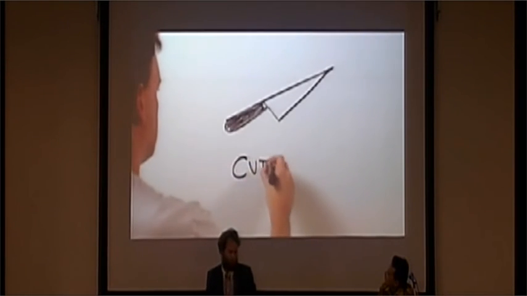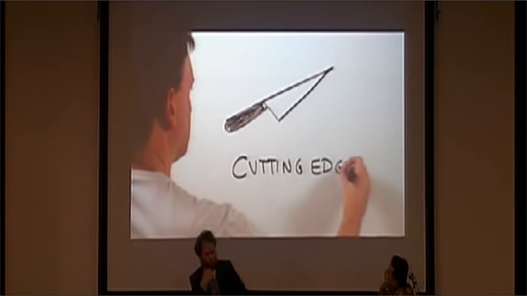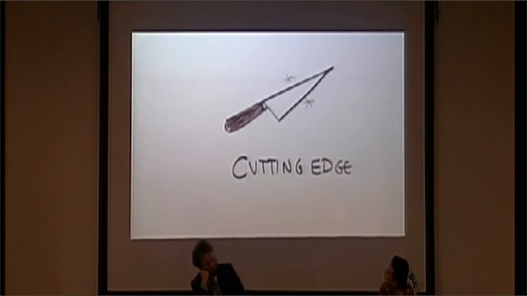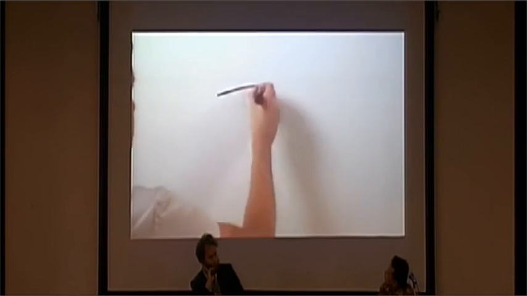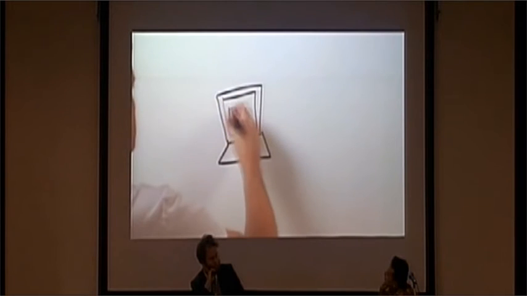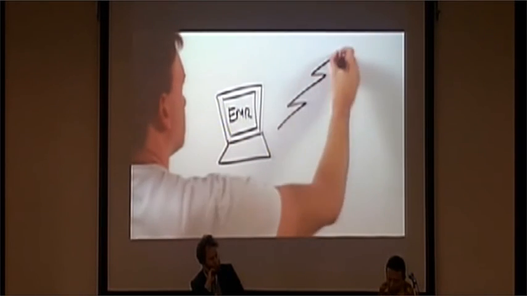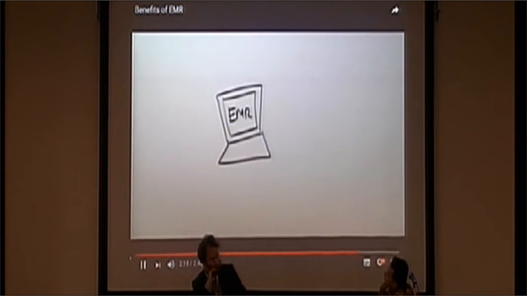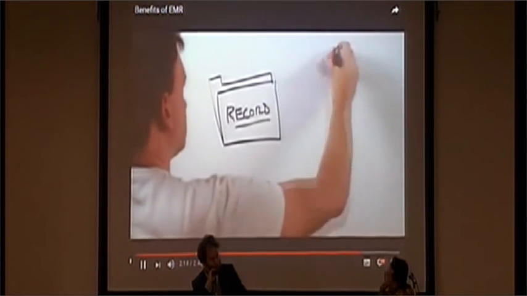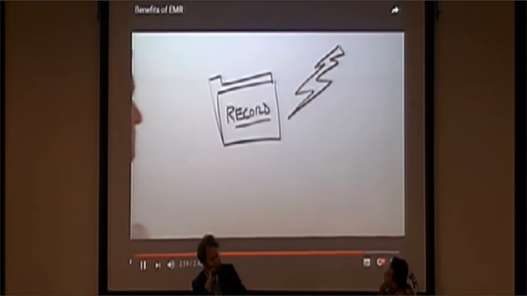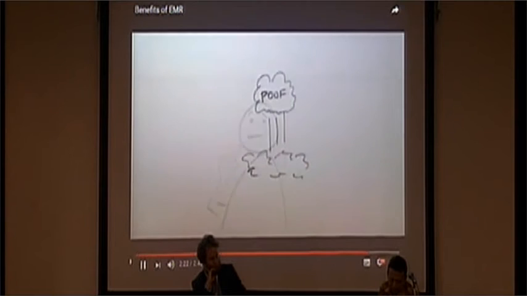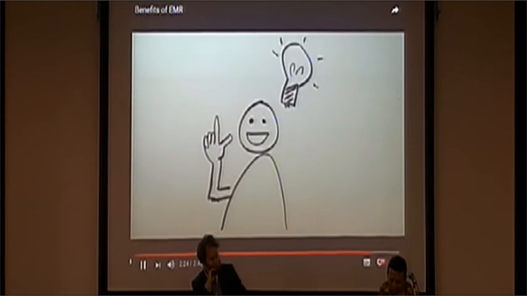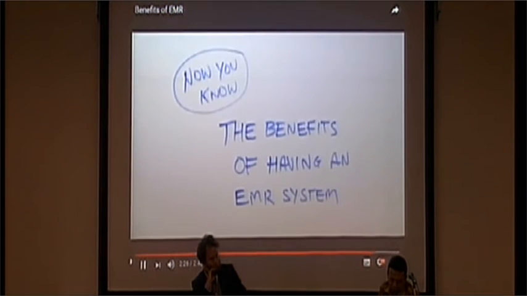Number 16, good for marketing as your practice is seen as cutting edge. And number 17, better disaster recovery as a practice with EMR and proper backup plan could come back after a disaster, while a paper-based practice could be wiped out. We're probably leaving out several more, but you get the idea. So now you know the benefits of having an EMR system. In the next video,